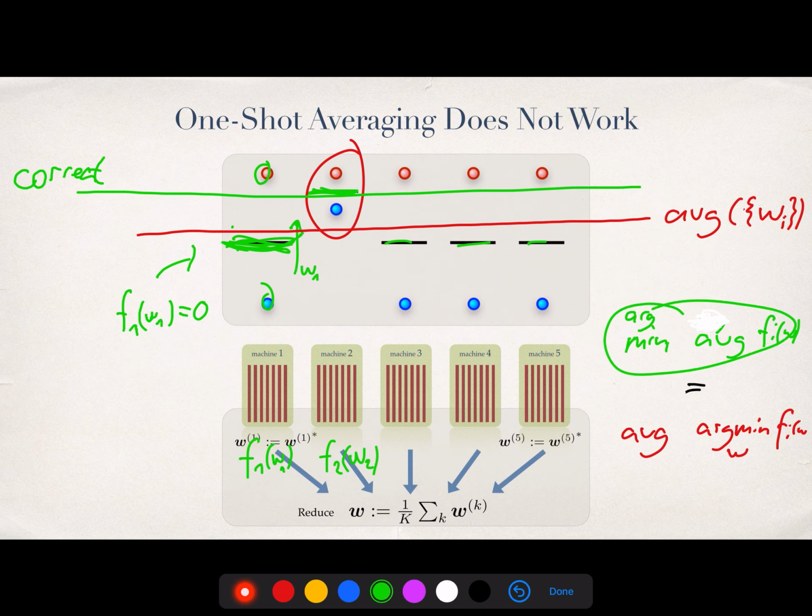The W which minimizes the average, that's what we want. That is not the same as the average of the minimizers, of course. So that's a problem. Therefore we need to be careful. Therefore, training machine learning models is not naively parallelizable. That's the summary. So even for this simple case of linear classifier, even there,